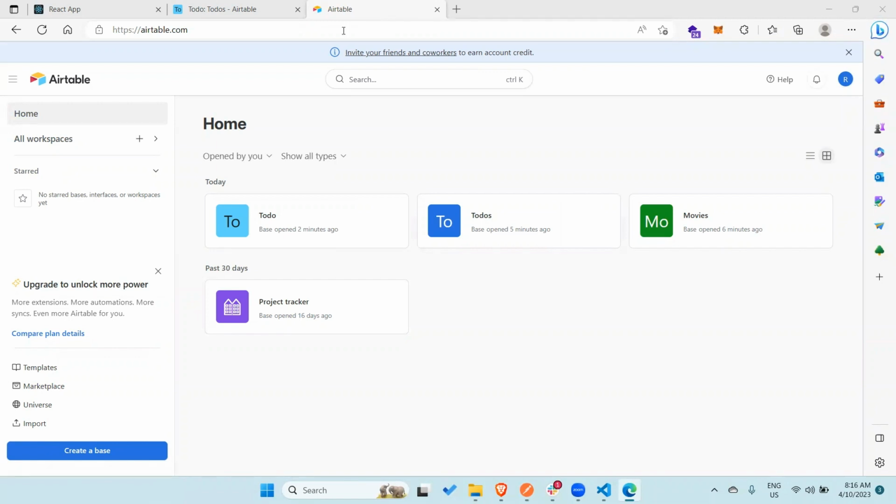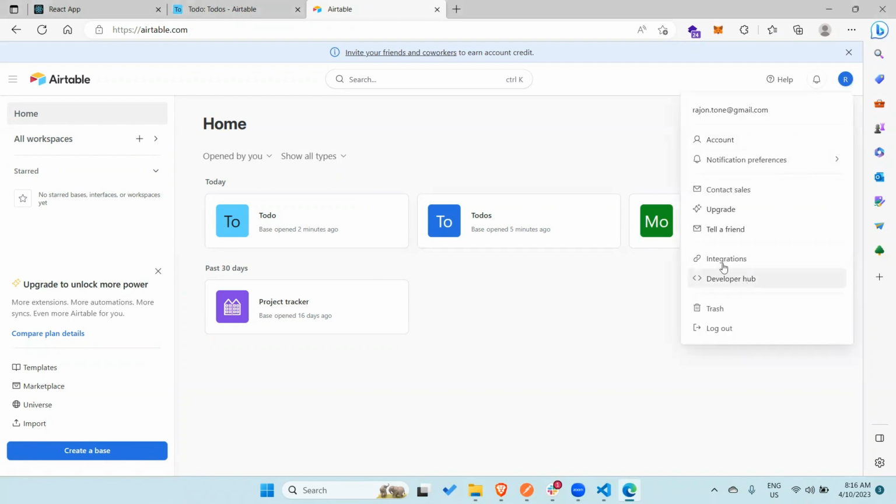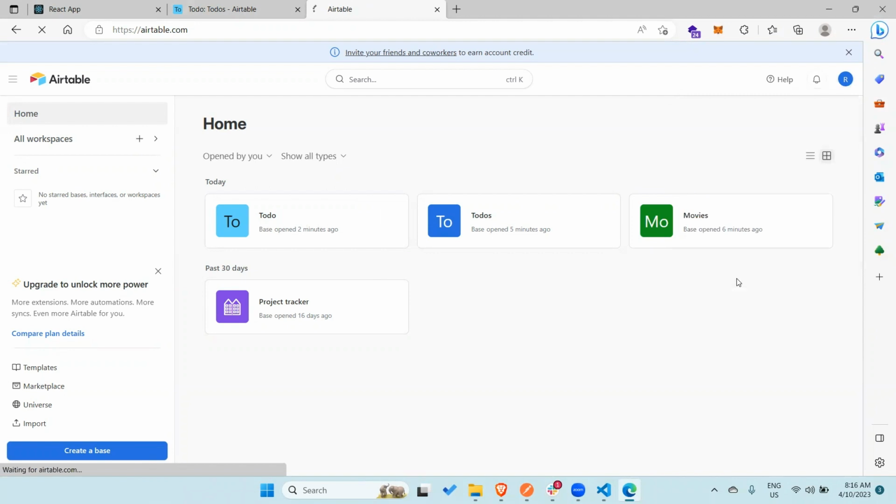So once you have made your base and your tables, then you need to go to this developer hub and create a